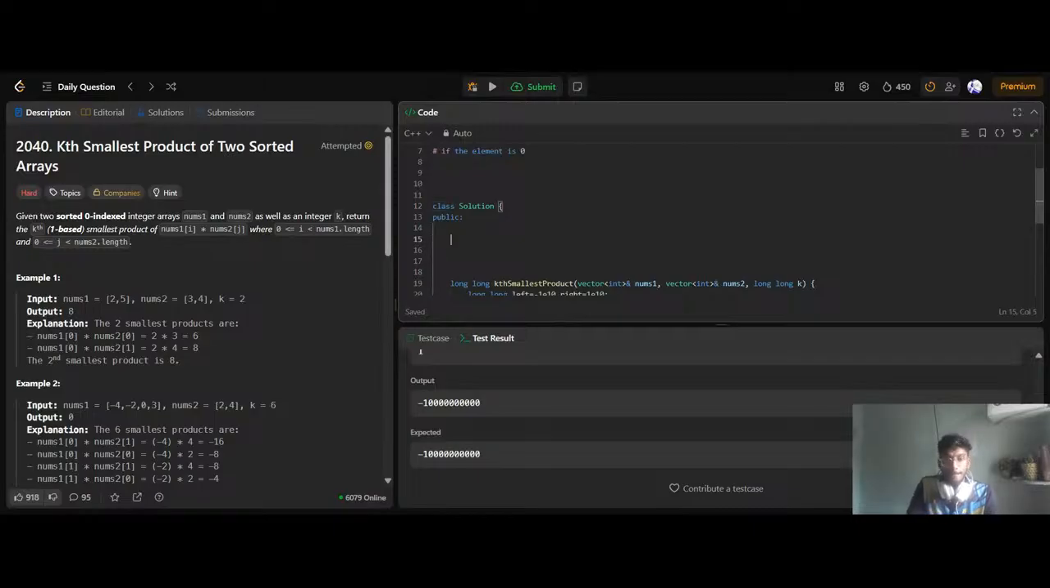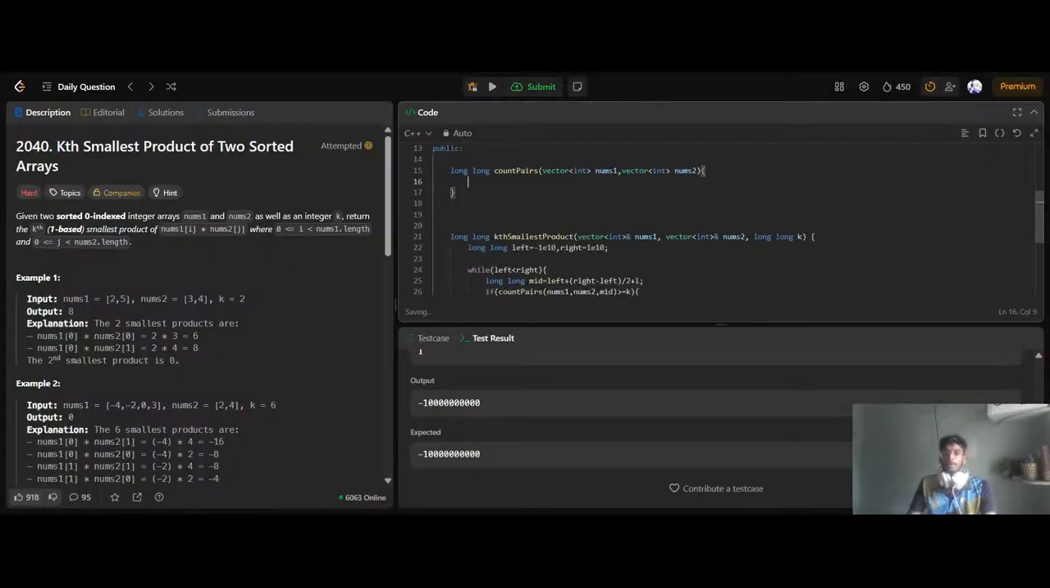Yeah, long count pairs. I will take vector of int nums1, nums2. Okay, the main thing is I have to run this code for three things, right? The first one is the positive integers. So I'll just write this code like